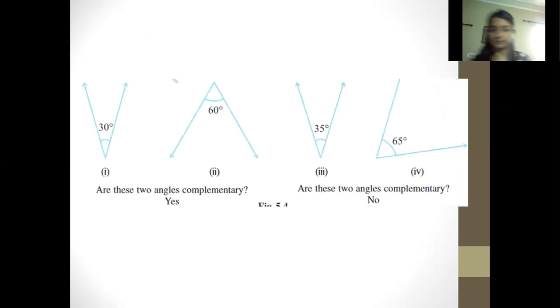Okay. Yes. So what are you inferring from this image now? Are these two angles complementary? And what about the second? They have just written yes or no. You have to confirm whether they have written it appropriately or they have just written random ones. In the first case, we have done about 30 and 60. We already did that. That means yes, it is true. It is making an angle of 90 degrees. So we would be considering it as right. What about the second one?